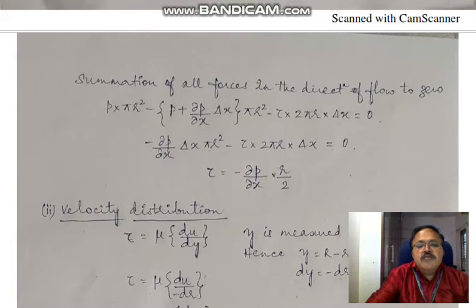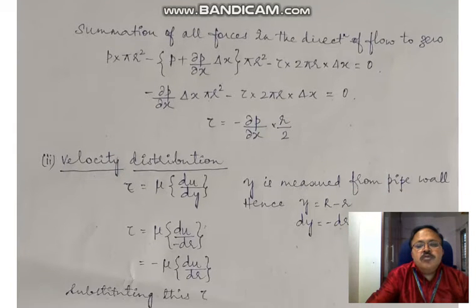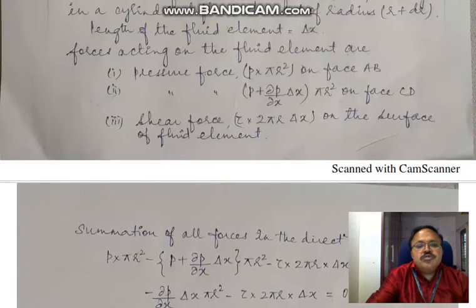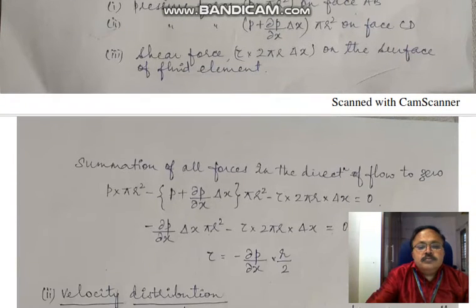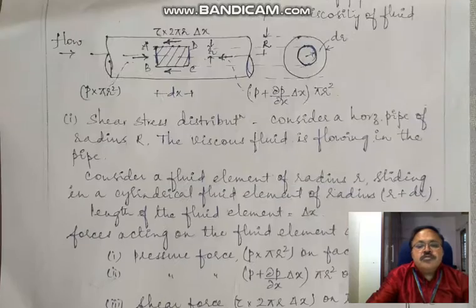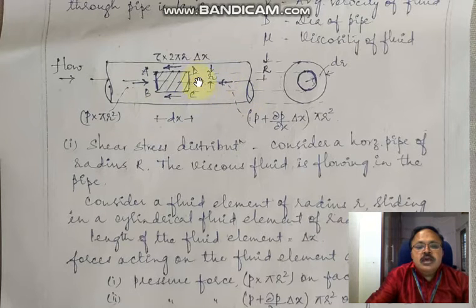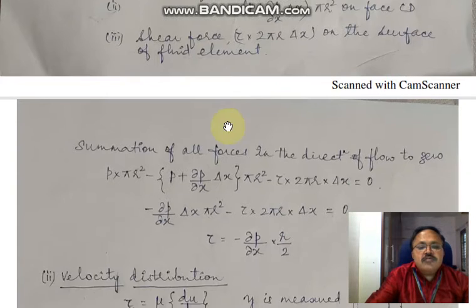Now the summation of all the forces in the direction of the flow is made equal to 0. In the direction of the flow we have the pressure force, that is P into pi r square. Then we have the pressure force on the face CD, that is P plus del P by del X of del X into pi r square, which is acting from right to left,